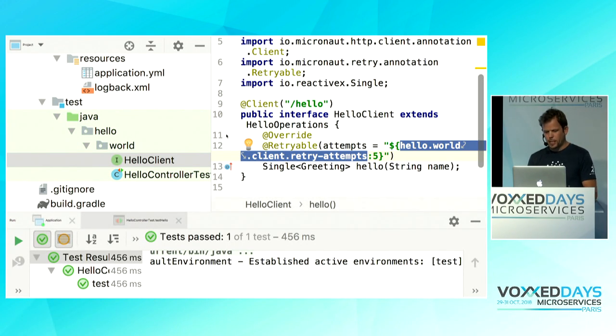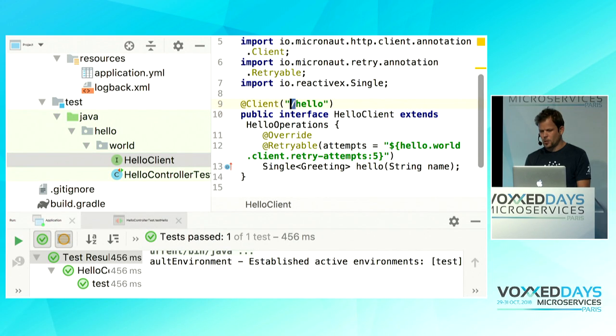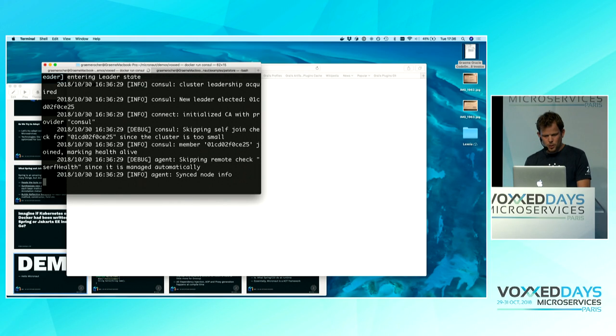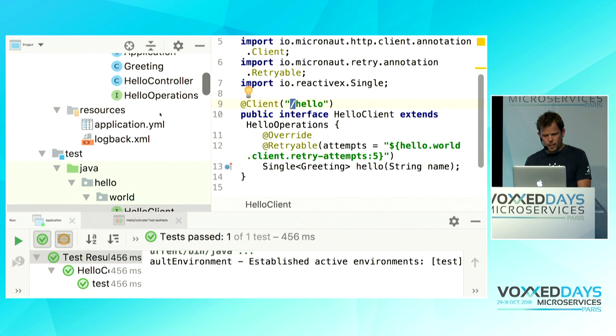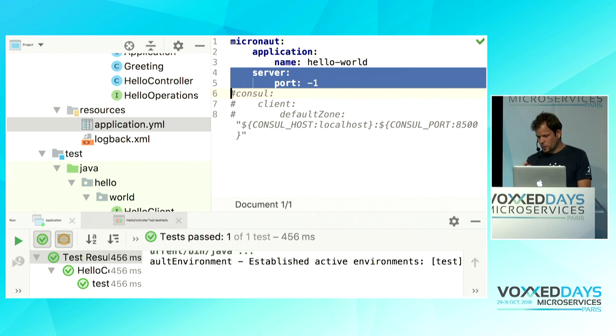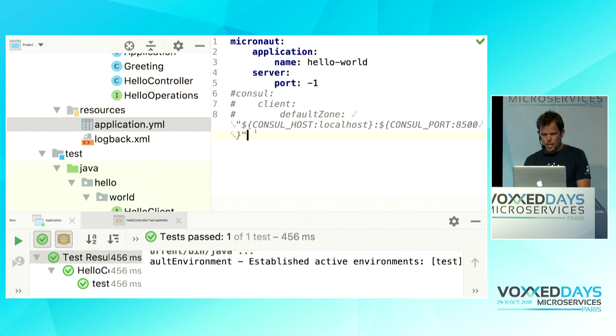Now typically you don't. This is looking up a client based on the current server. This /hello syntax is like a shortcut for referencing the current server. But typically, you're going to want to use service discovery and that kind of thing. So what I can do is I can say docker run consul to start up Consul, and then I can come into my configuration, and I'm going to set my server to have a random port so that I can have multiple of these, and I'm going to set